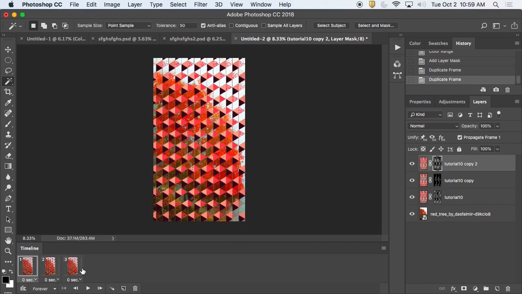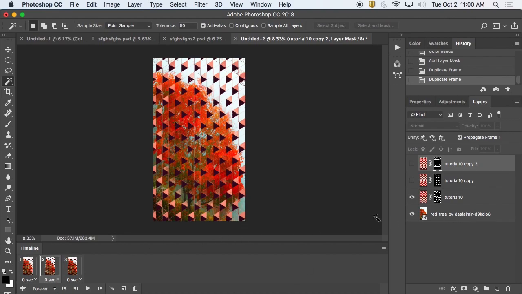So let me show you what that means. If I click this first frame and I come over here and I turn off visibility on these layers, when we play this frame, only these two layers are visible. Okay, follow me? When I click the second one, it still shows that, but I can then add or change what's visible there.